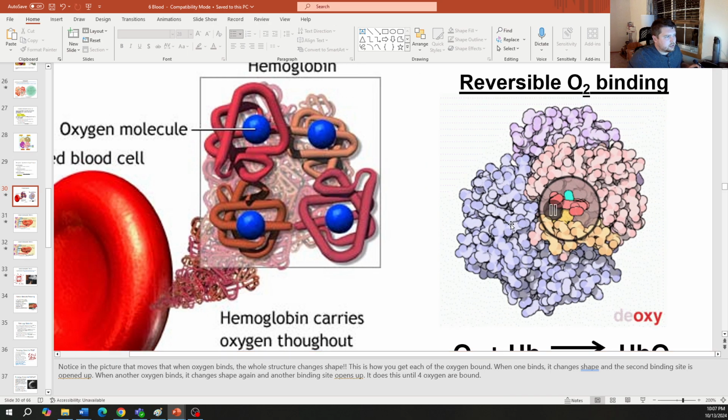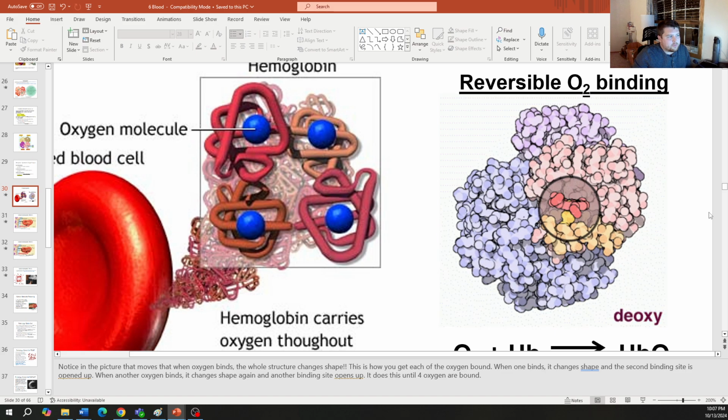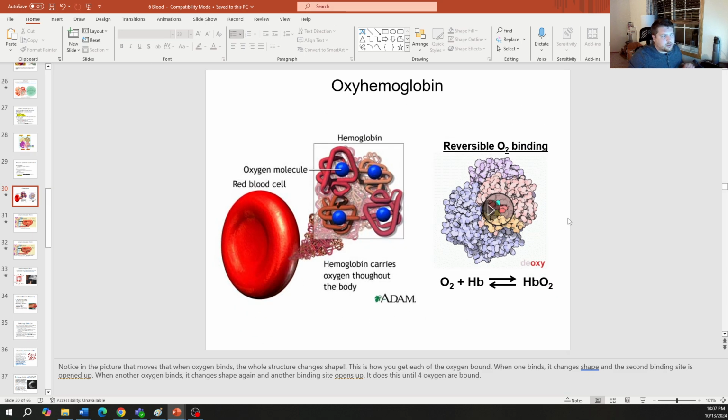Notice how the little blue is supposed to be the oxygen. When oxygen binds to hemoglobin, notice how everything kind of shifts and changes shape. This is what happens to all proteins when something binds. It goes through what's called a conformational change, or a shape change. Its shape changes slightly because when you add something else to it, like an oxygen,